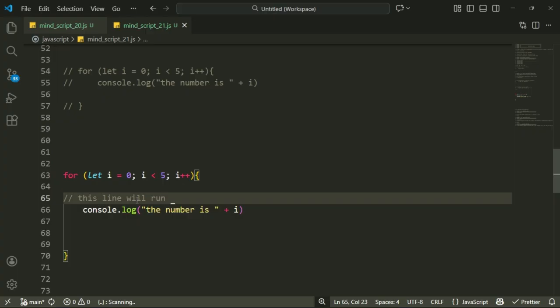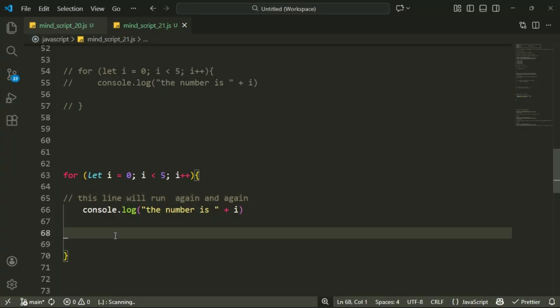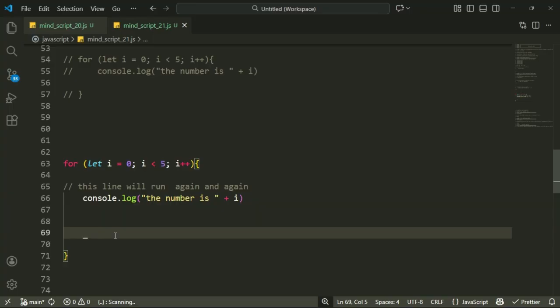will run again and again. This one console.log will run again and again. In that comment, i will be 0, 1, 2, then 3, then 4. Here I just want to increment your value. First time it is equal to 0, but next time it is 1, then 2, then 3, then 4. But whenever i becomes 5,